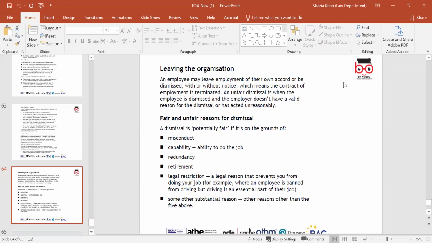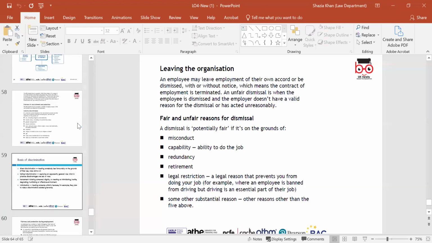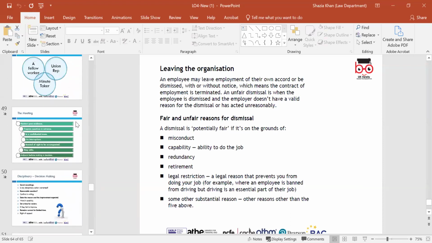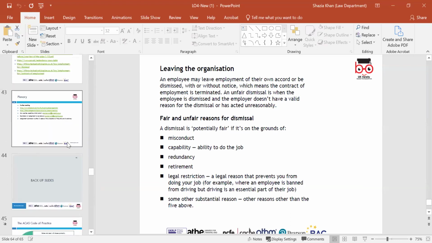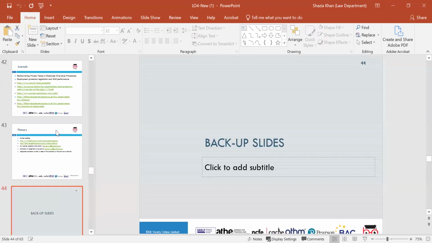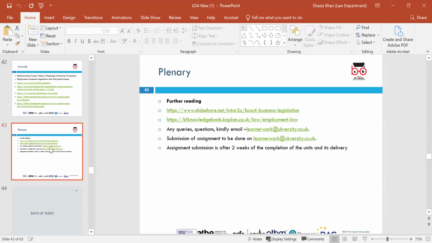So I've gone through the additional slides with you for learning outcome 4, which you can read in more detail. I've just quickly gone through. We've finished learning outcome 4 now on the law of accounting unit, and if you have any questions, please refer to